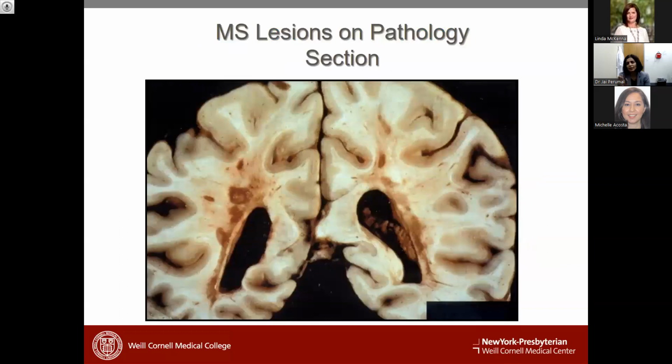Now, when you look at the pathology, how do the lesions look on MRI? These brown areas are the lesions. These white parts are the white matter. Most of the brain is actually white matter. The gray matter is the nuclei that are along the cortex, and then they communicate with one another all which way through these white matter tracts or axons, and that forms the bulk of the brain.